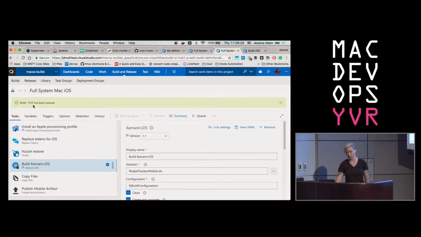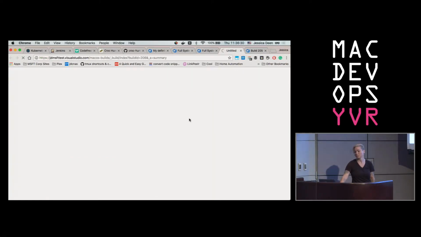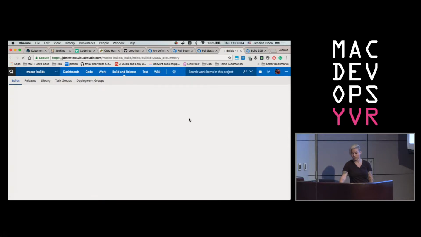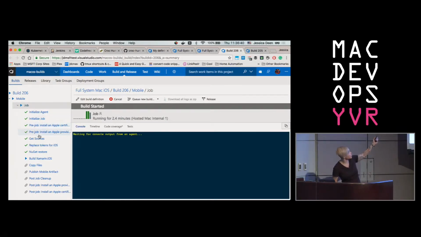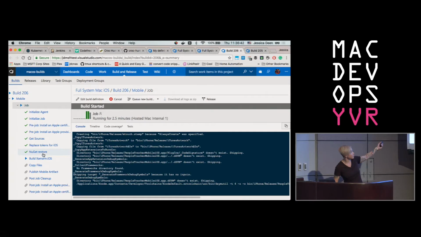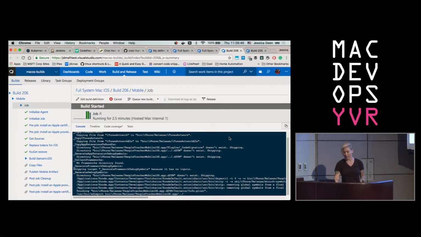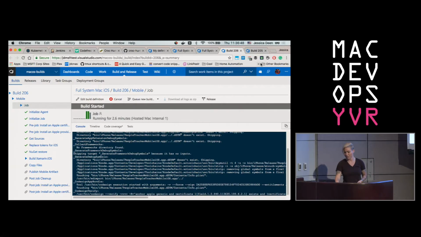And just to show you it's legitimately building, I'm going to open that build in a new tab. And we can see by now it should be finished. Oh, it's still building. Sometimes this will take about 3 minutes, but you can see it's running through. It initialized the job. It already got all the sources. It's now fully building. It'll copy the files. Since I know we don't have a great deal of time, because again, it is a 5-minute session,